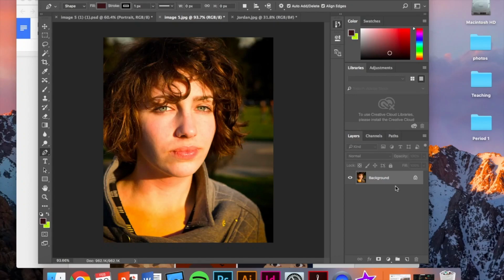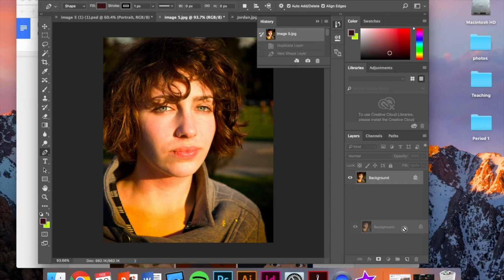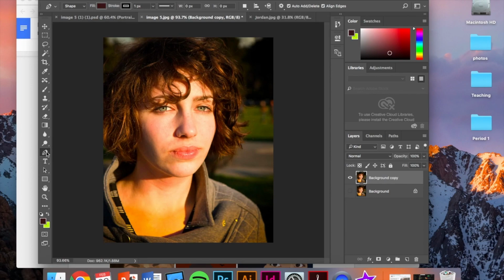As you've chosen your photo and opened it up in Photoshop, you are going to duplicate the background layer. Turn off the original layer by clicking on the eye. We're going to be using the pen tool for this, so make sure your pen tool settings are on shape, the stroke around 1, and as soon as you click a point, make sure that it creates that new shape